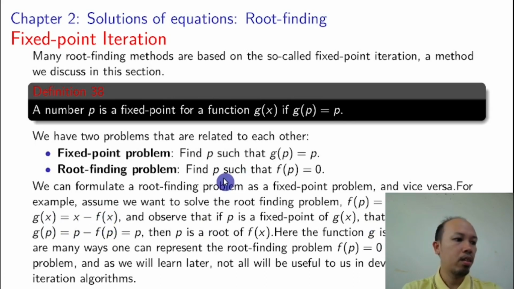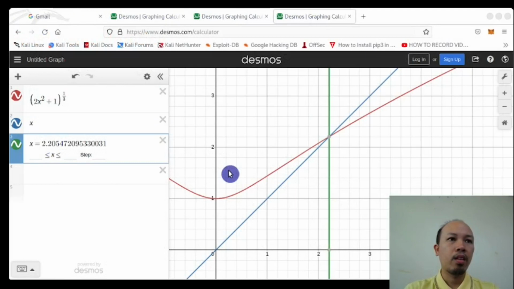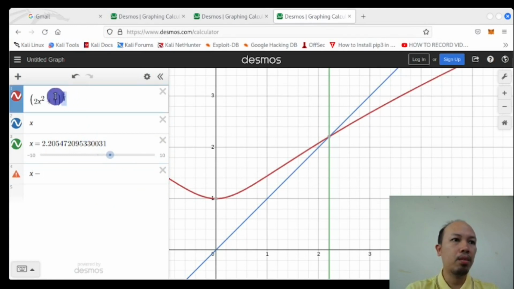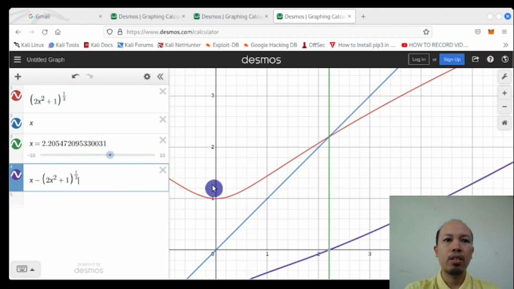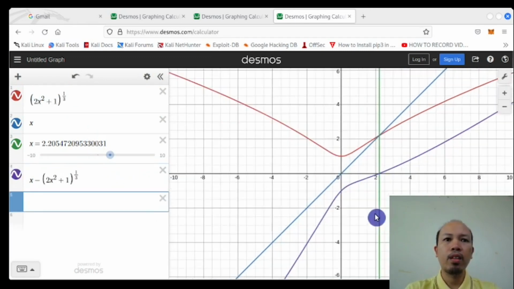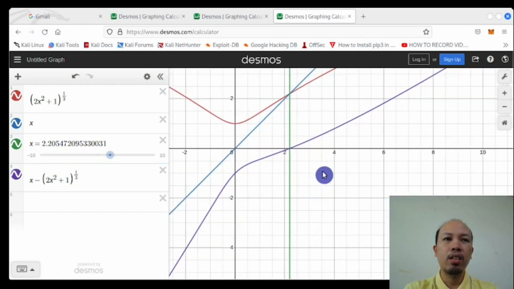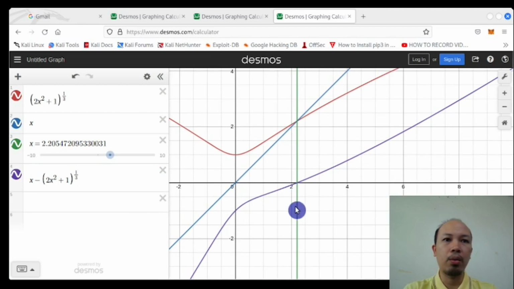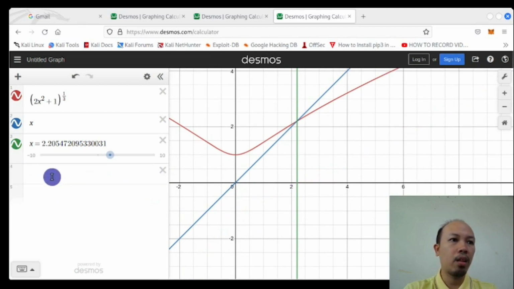Okay, so x minus, if we copy this one here, so we enter, clearly the root of our f of x, no, not that one, our f of x is x squared, sorry,